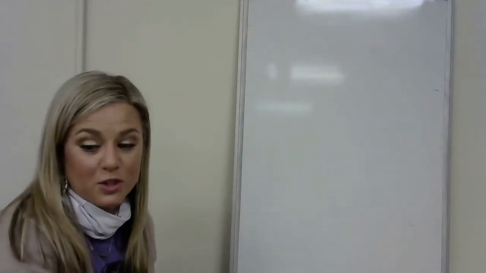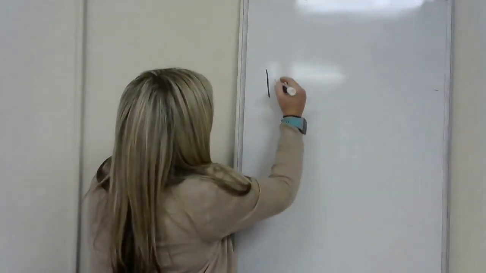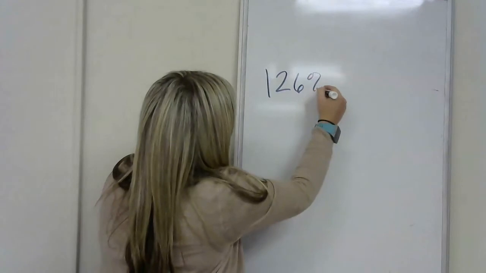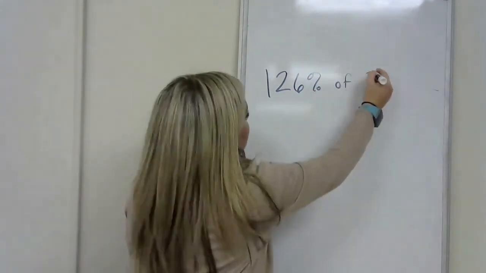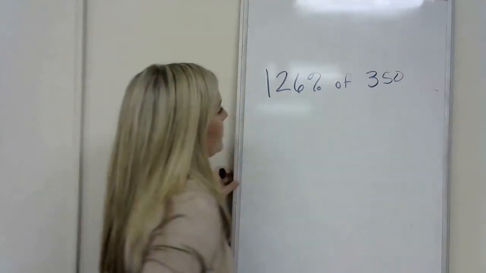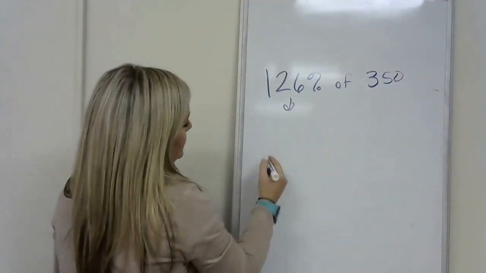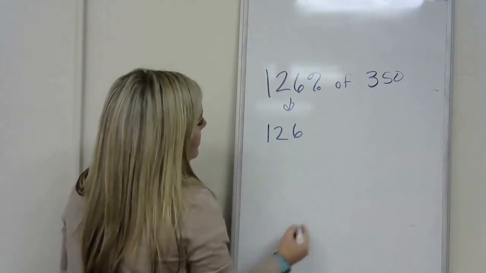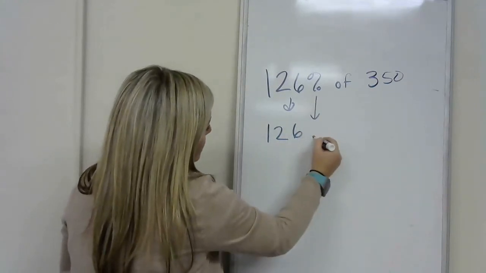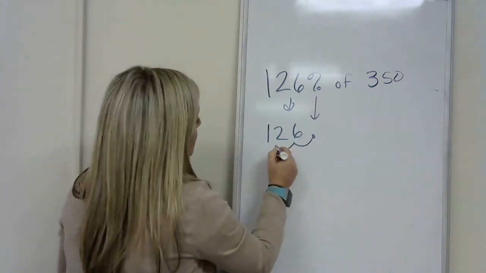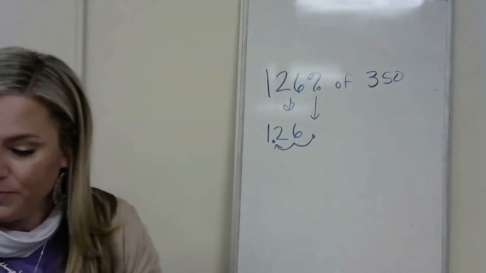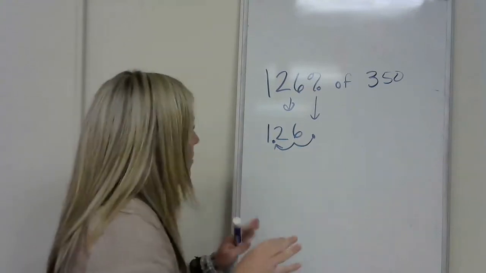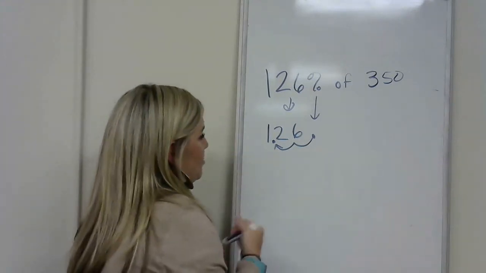126% of 350. 350, I said? Yes. Okay. Now, this one is one that y'all might have trouble with. I'm going to change it to a decimal. I'm still just moving it 2 places. I'm just dividing it by 100. Okay? Sticking with it. All right, now, I have 350